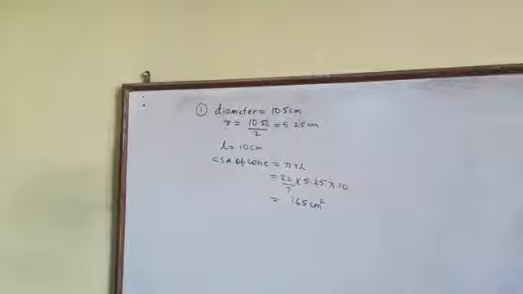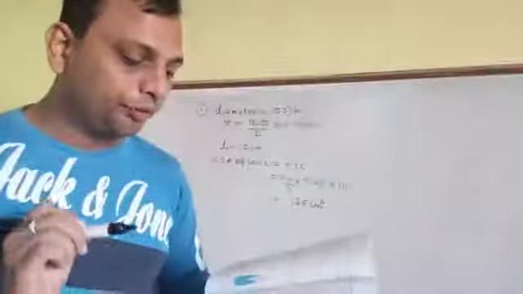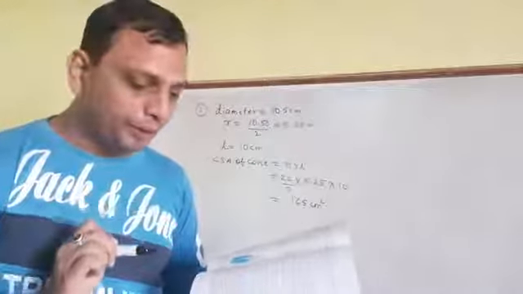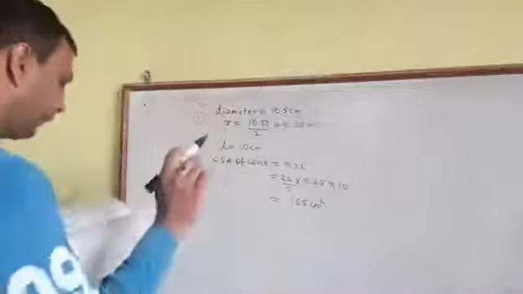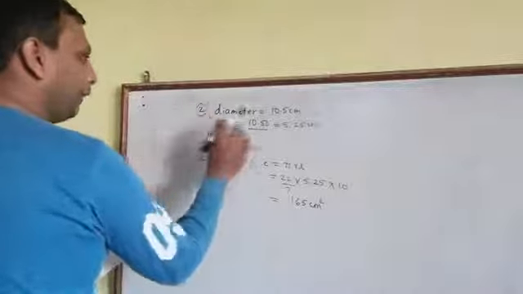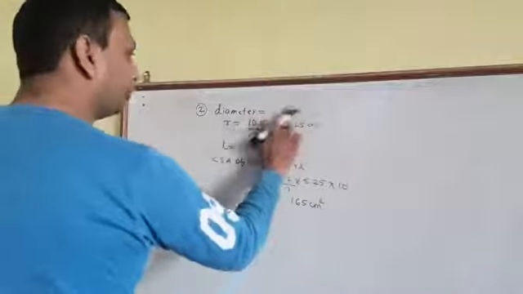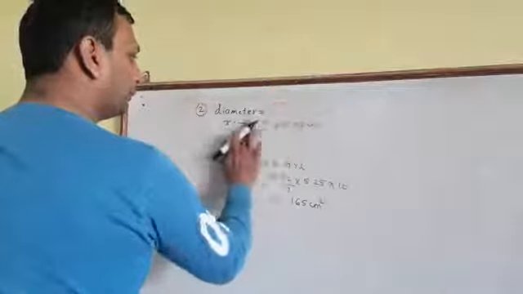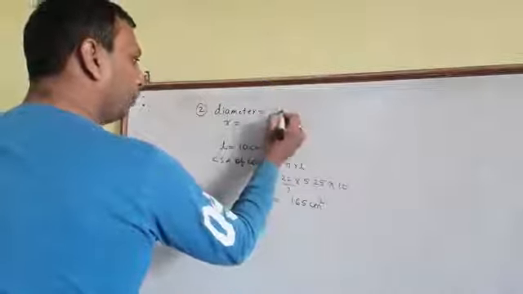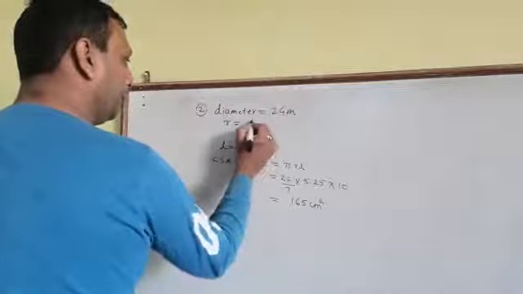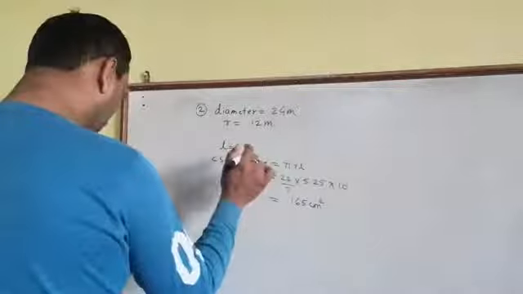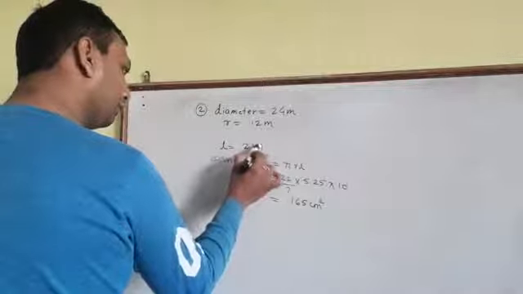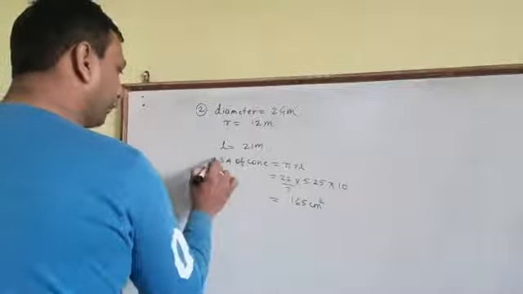Now in question number 2, it is written to find the total surface area. Find the total surface area of the cone if the slant height is 21 meter and the diameter of the base is 24 meter. So to solve question number 2, I am changing here only. Diameter is 24 meter, so the radius will be 12 meter. Slant height is given, 21 meter. We have to find the total surface area of the cone.